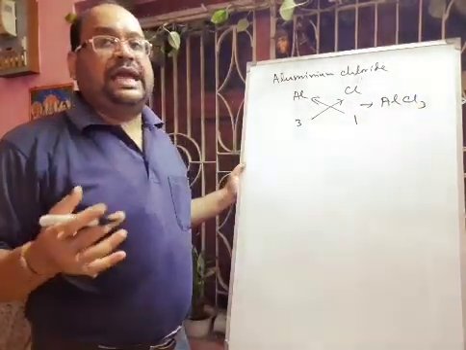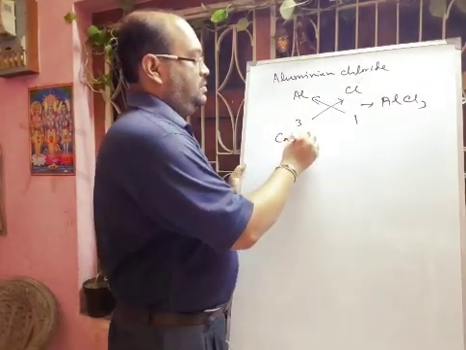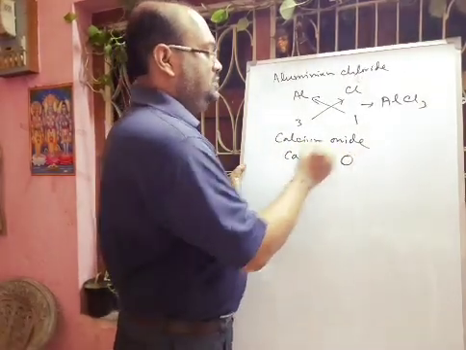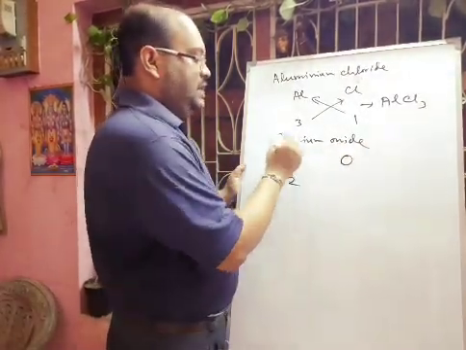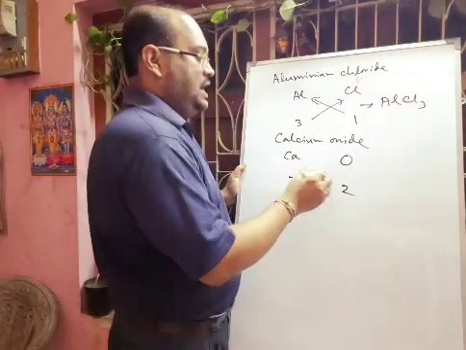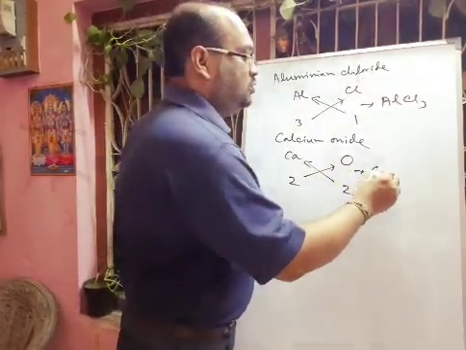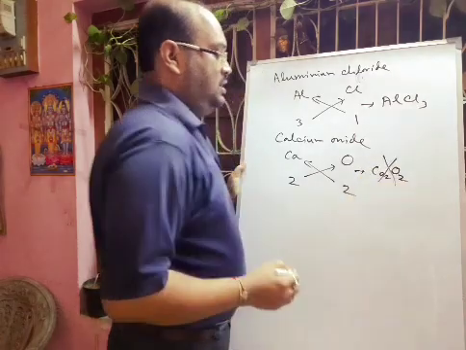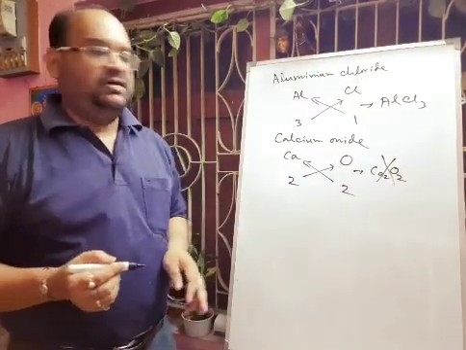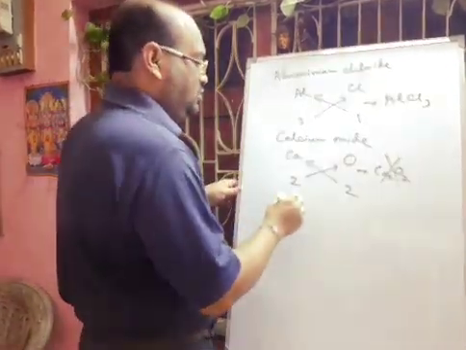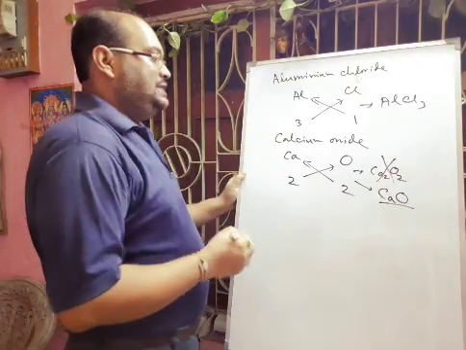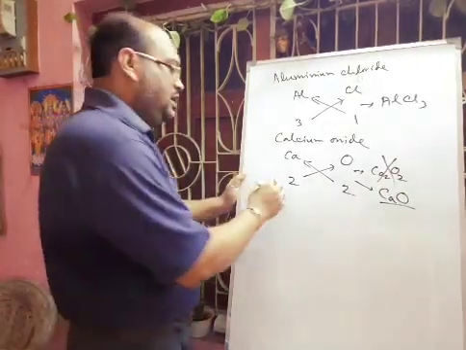But if you think about calcium oxide, calcium symbol is Ca and oxide is O, okay. So its valency is 2, Ca plus 2, and this one is minus 2, O minus 2, okay. So it is also 2. So if you interchange, we get Ca2O2, but this is not the formula. So what you have to do, you have to reduce the valency to the lowest ratio, okay. So you have to divide this by 2, so then the formula of calcium oxide will be CaO.